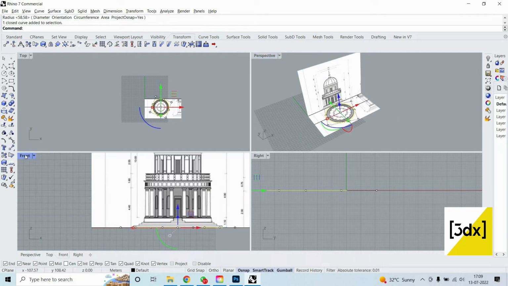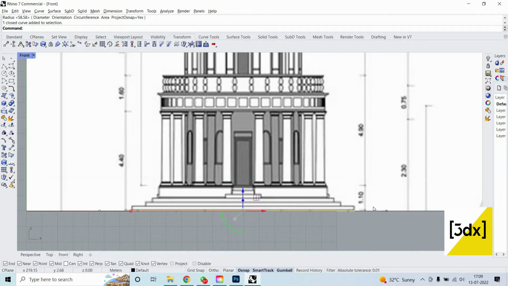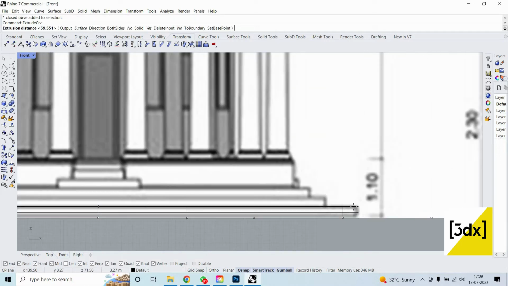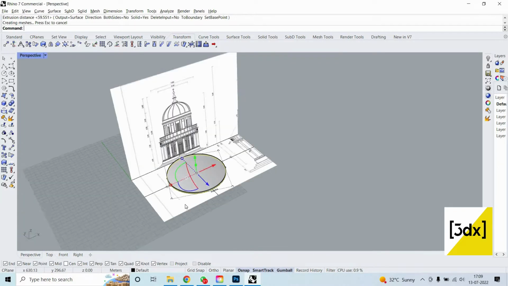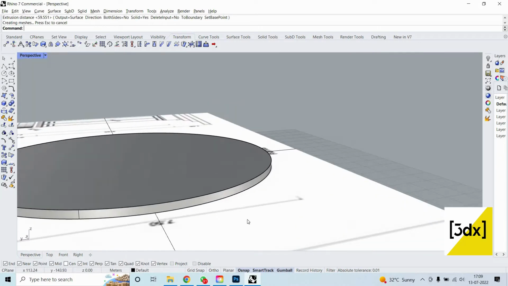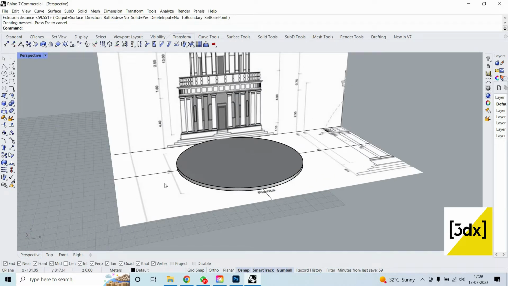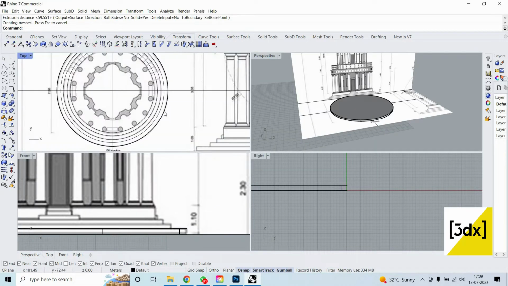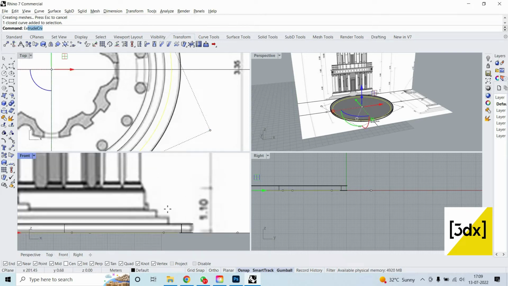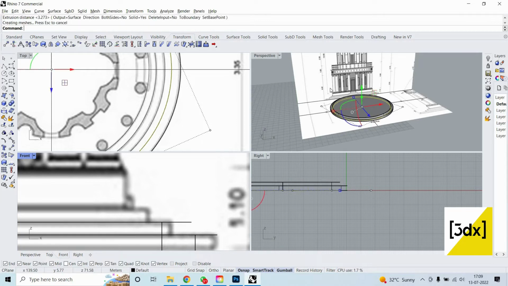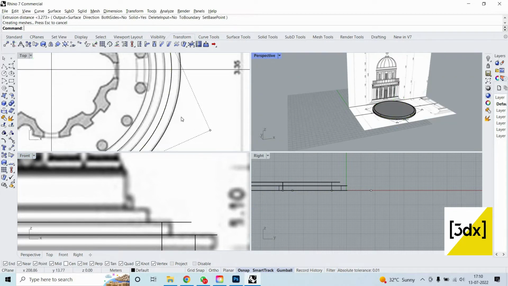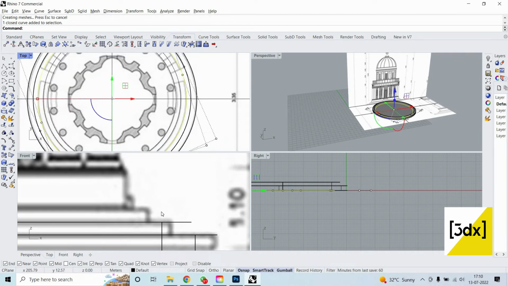So now I'm just going to the front tab and I'm trying to extrude it. You can see I want something to this side. So when I open this, the base is being ready. Yeah, okay. Next, I'll go with the second line. You can see this one should be in this kind of height. And the third circle,